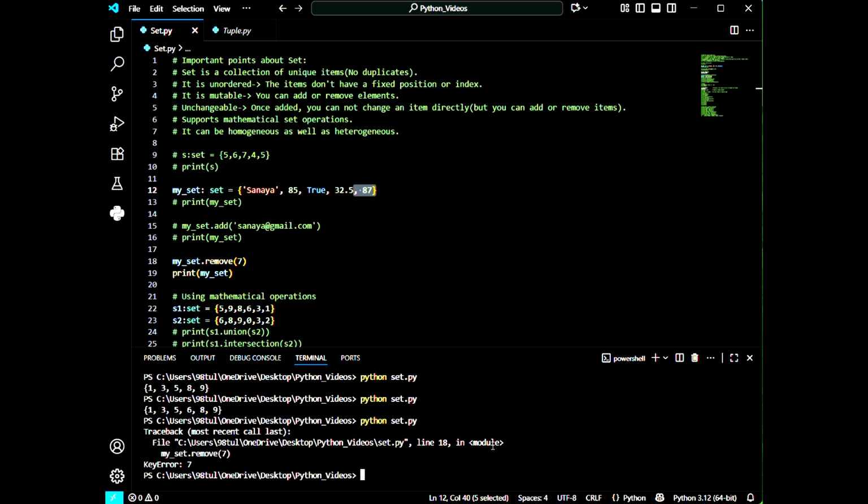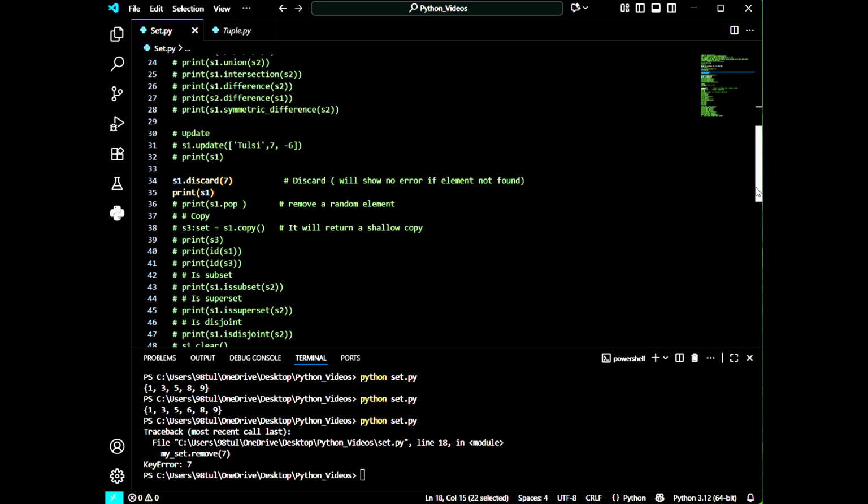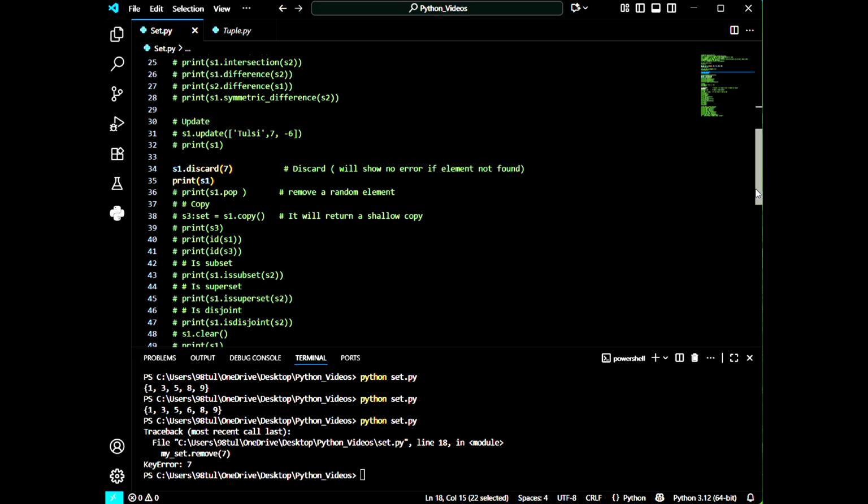Line number 18 in the notebook is indicating that there is a mistake in line number 18, because when we use the remove function to eliminate any element which is not present in the set, it will give us an error. But instead of using remove, if we use discard, it will not show an error. That's why if we use discard instead of remove, it is better.